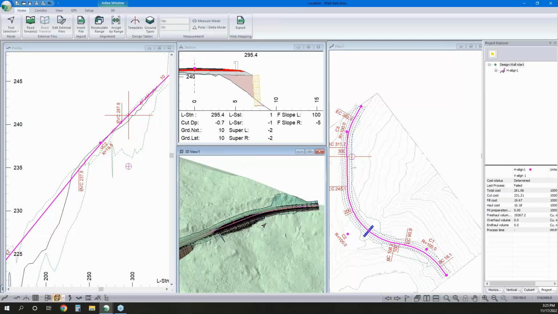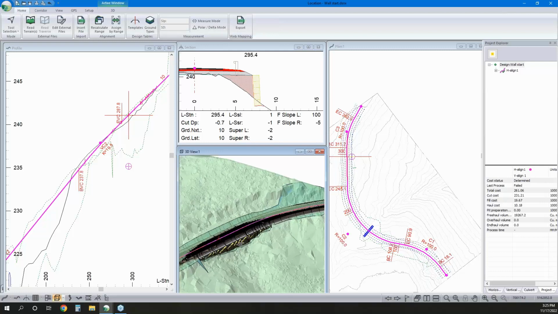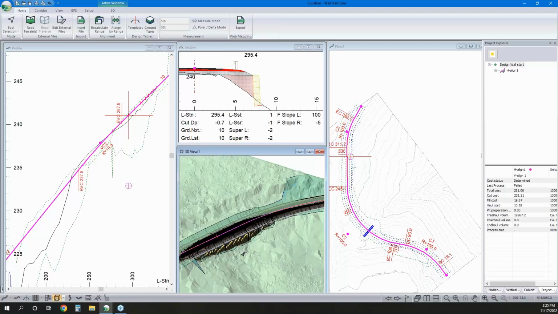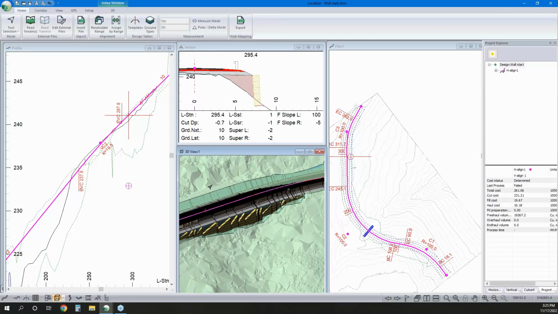Now with this, we can see that I've done something funny to make it render funny, but we can also see that the profile of that is kind of following my road. So that's where that other template that we're going to use comes in to really shine, and it's going to let us have the footing set at either a fixed elevation or increments of our block height, so it'll step and keep those rows of blocks or face for compaction at a level. So we'll come back in here